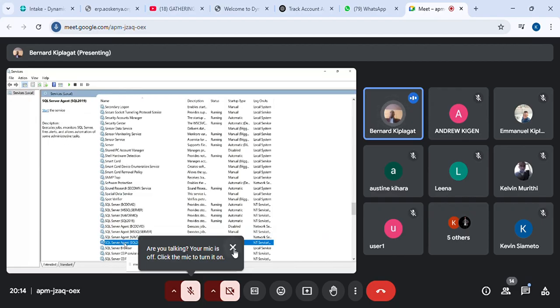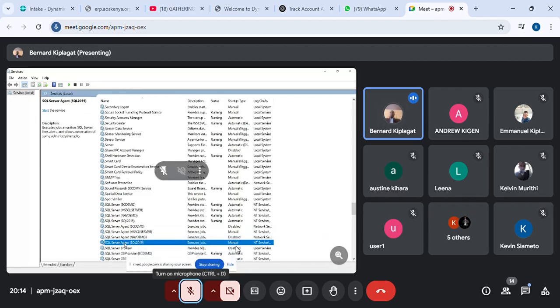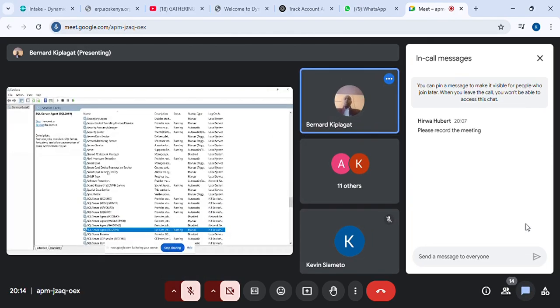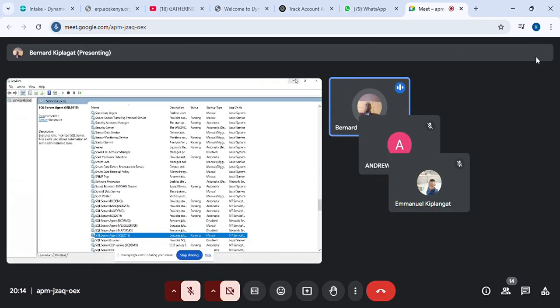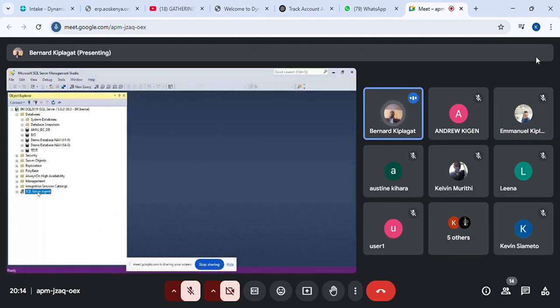So this agent here, you need to start that because a job queue in SQL is a service called SQL agent. So you need to ensure that that is running. Without that, you're not able to place your job queue. So that is where you see that is now running. Before that, you could see it at a red. So with that, you can now expand that, and you are now able to create your job